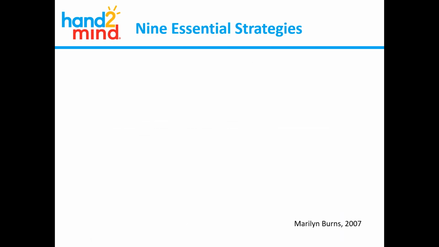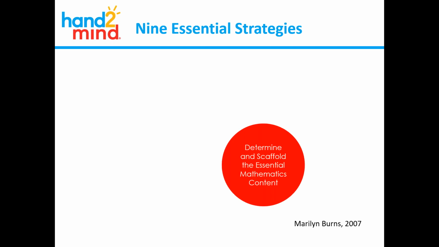Now, I'm coming back to these 9 essential strategies, because right now what I want you to think about is, I want you to reflect on what you've seen. What you've seen in a number string and what you've seen in a math talk and the progress monitoring sheet. Did we determine what math content? Do we have something that helps us determine what math content? Well, the progress monitoring sheet helps us determine that. Does a number string and a math talk help us pace the lessons carefully?